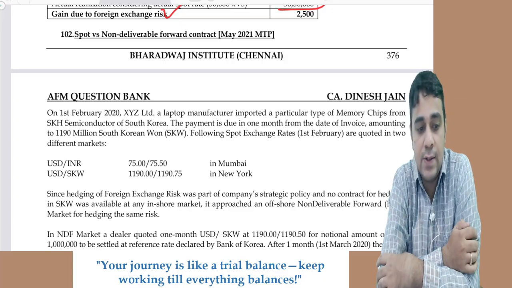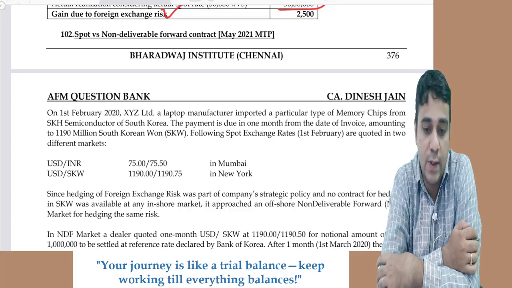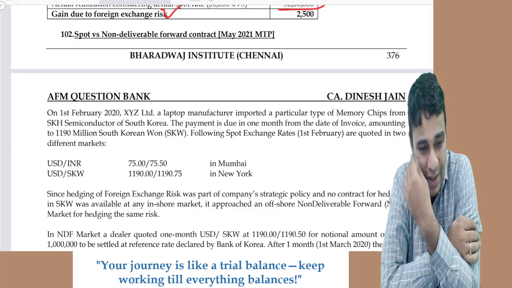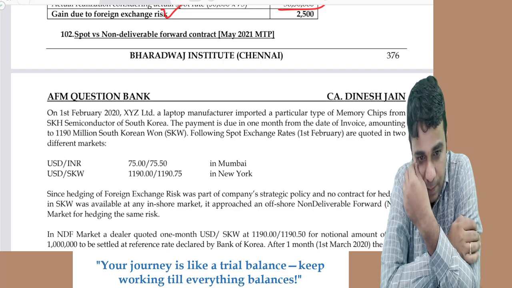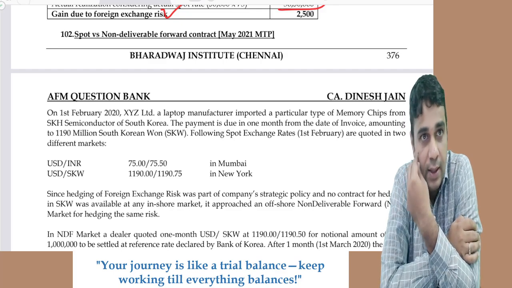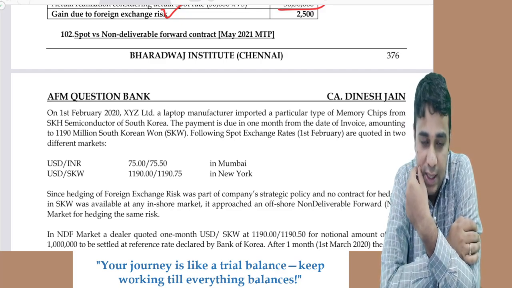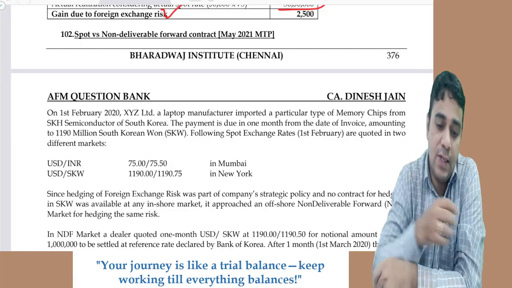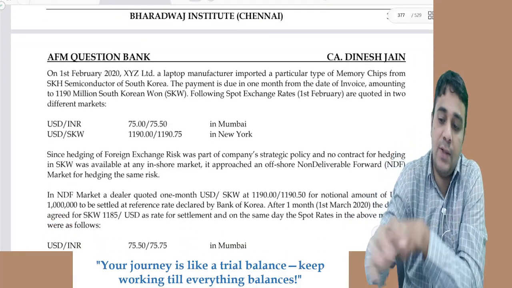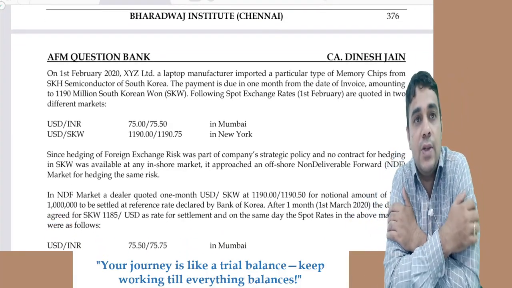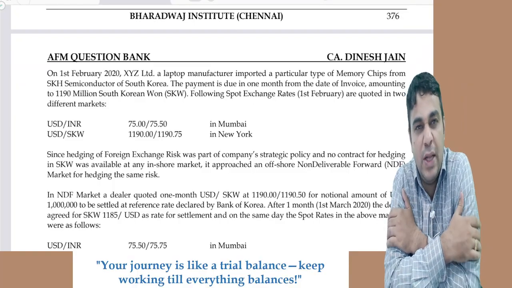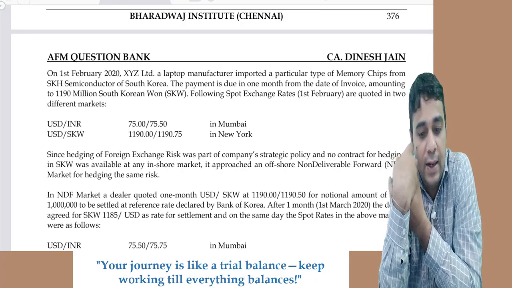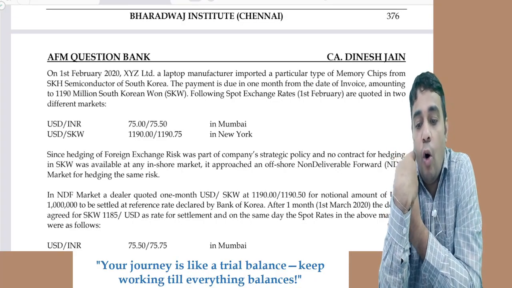Following exchange rates are quoted in two different markets: USD/INR, USD/SKW. Tell me, is it INR per USD or USD per INR? INR per USD. So the second one will be SKW per USD. Since hedging was part of the company's strategic policy and no contract for hedging in SKW was available, I wanted to hedge this, but the bank is not ready to give me any contract for SKW. It approached an offshore